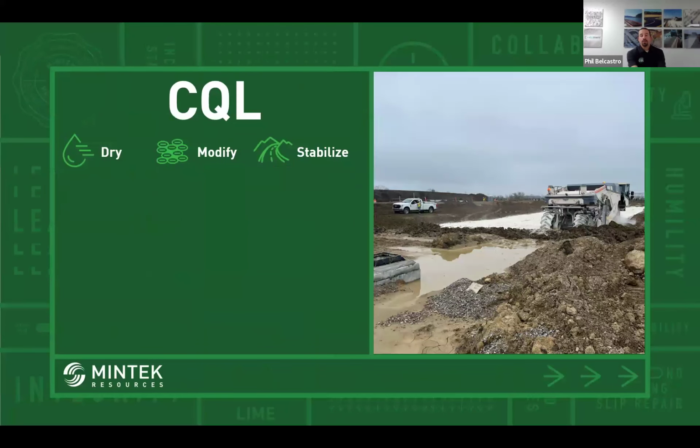All right. So I tried to think about an honest agenda to put up there, but the bullet list I typically put up there just didn't seem to be accurate and honest. So we're going to absolutely talk about drying, modifying, stabilizing. If you've ever joined any of our other webinars or lunch and learns, we always hammer home that our lime products do that in the soil, right? So